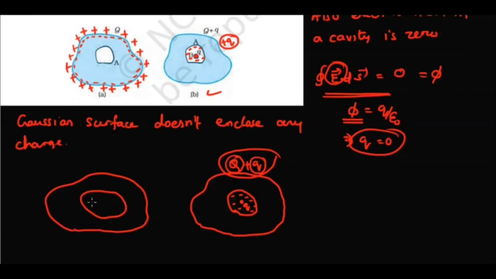So in this region electric field is 0, and that's why if we place the sensitive instrument inside the cavity, it will not be damaged, or it will be protected from the external electric field. So this is the possible way to protect the sensitive instrument from any external electric field. So in this way you can answer this question, and now we'll proceed to the next one.